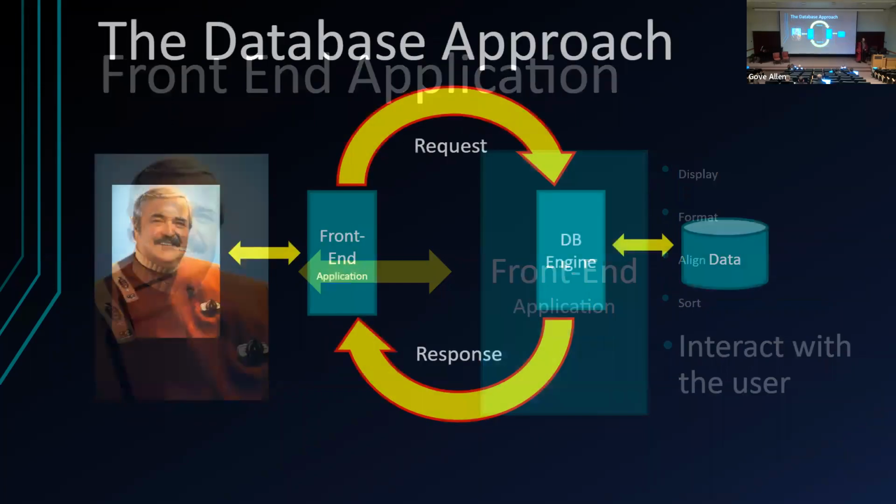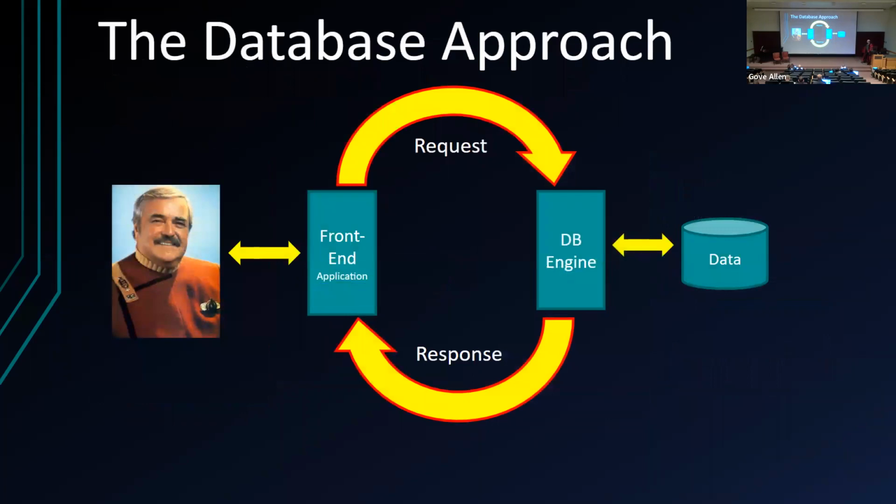So when we put these together, it looks like this. You've got the database engine that has direct control over the data. You've got the front end that does all the interaction with the user. And then these two pieces of software work with each other. So the front end's job is to figure out what does the user want after all. And then once the front end understands what the user wants, it sends that request to the engine to be fulfilled. And then once the engine processes that, it sends back the response, or sends back a message